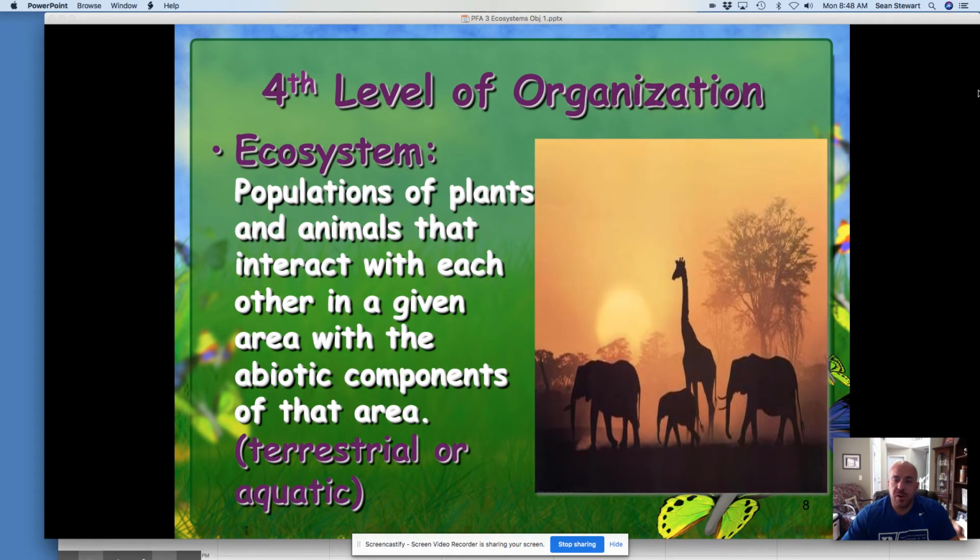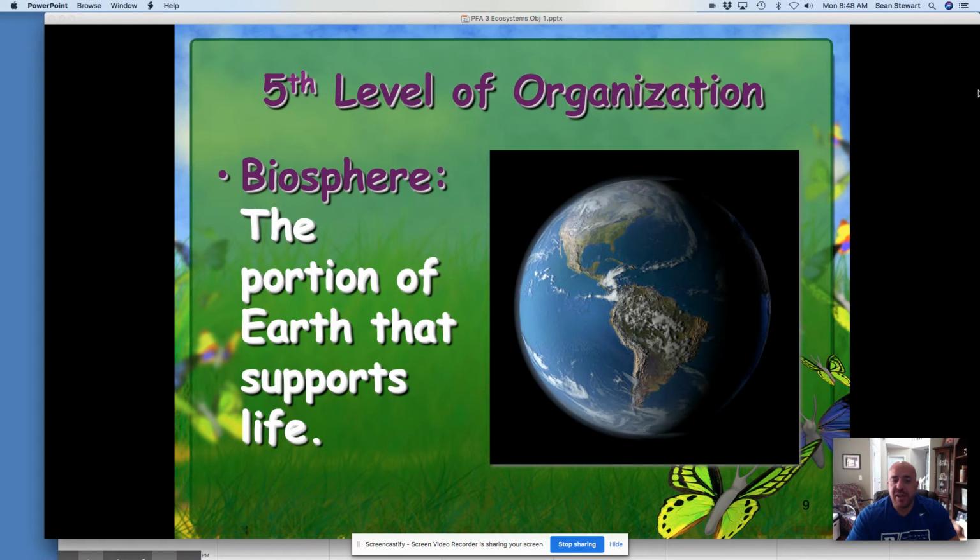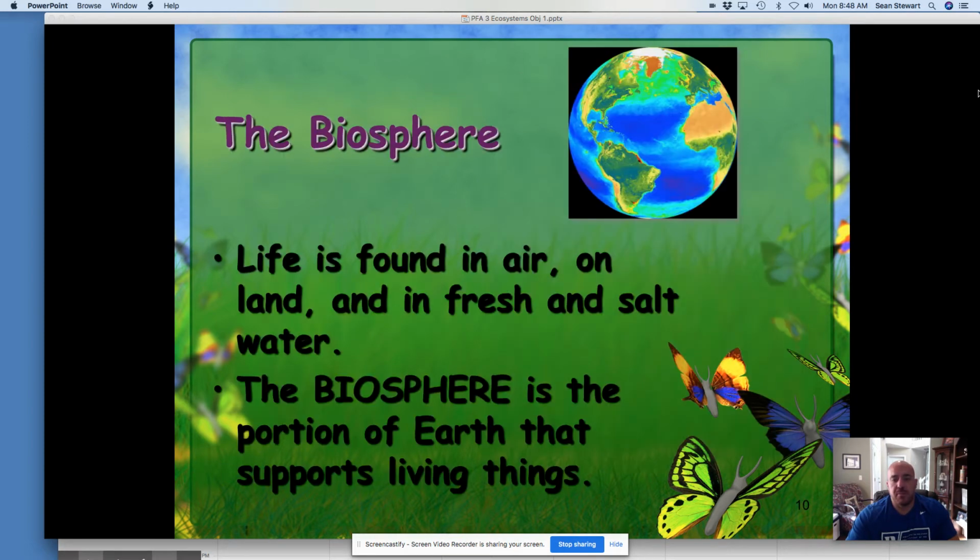Ecosystems are all the different animals and plants in an area and the abiotic, the non-living things in that area. So in this picture, we see sunlight, air, soil, amount of waterfall, those kinds of things are considered to be part of the ecosystem. So this is a bigger focus on what we study when we're studying conservation and ecology. And then biosphere is considered anywhere on Earth that supports life. So almost everywhere. If you dig down deep enough, there are places where nothing lives, but almost the whole Earth is the biosphere.